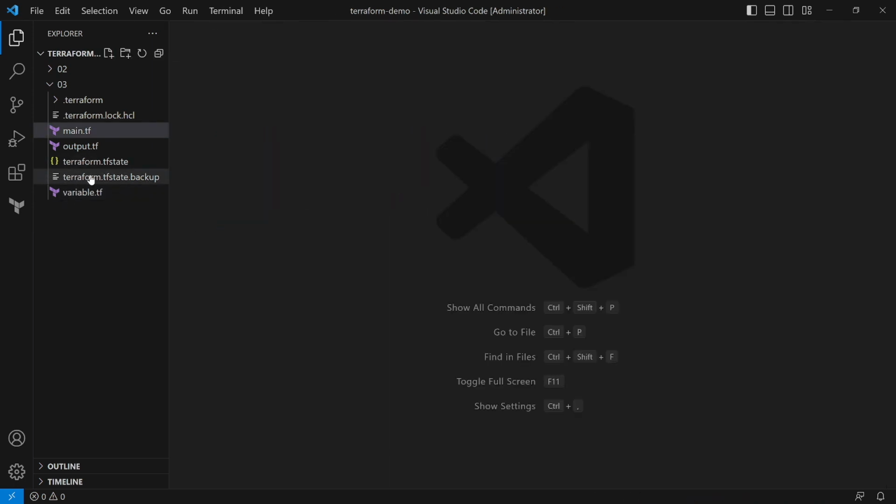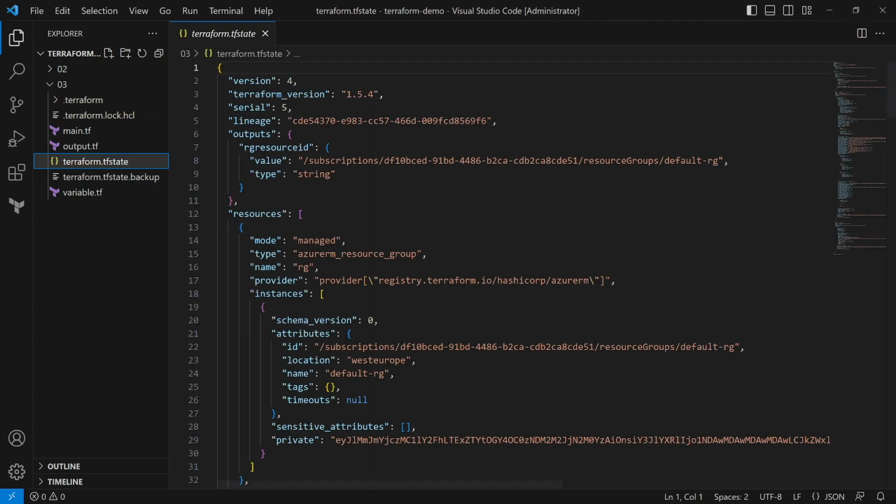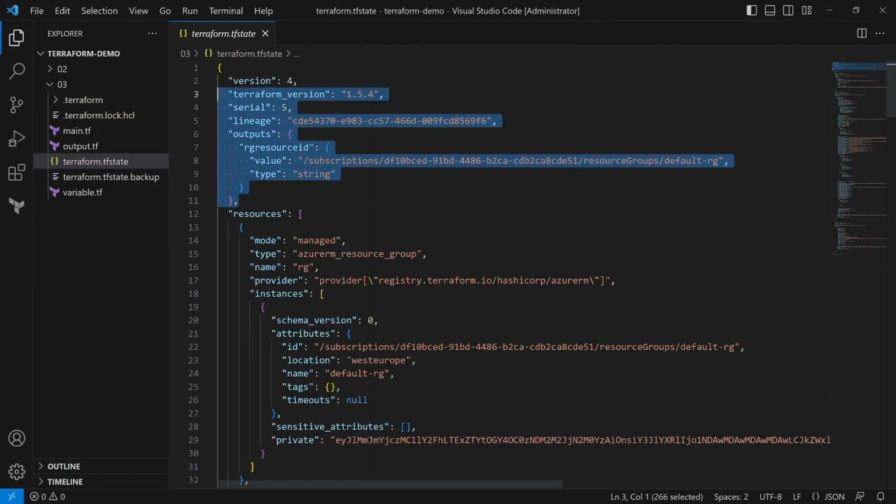Whenever we are deploying our resources, this TF state file is always getting created. And this state file will keep all the properties and everything related to the resources which are getting created. It will keep all those properties here. So if I click on this one, you can see this is the metadata about